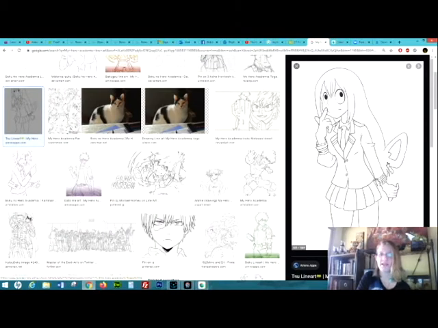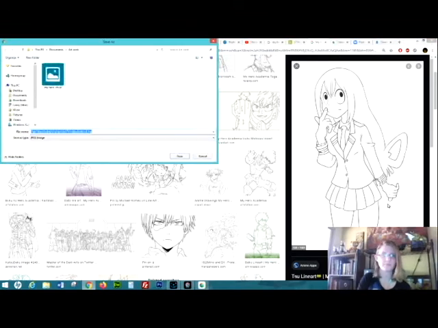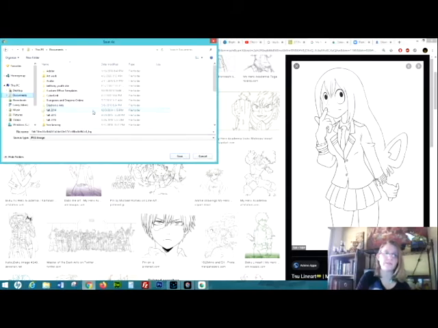So, I'm going to right click and open this menu. You're going to save image as, and you're going to left click it. And it'll bring up this dialog box on the left. Okay? I put it in my artwork folder. Okay? I created this folder. So, within my documents, which is over here, I said right click,